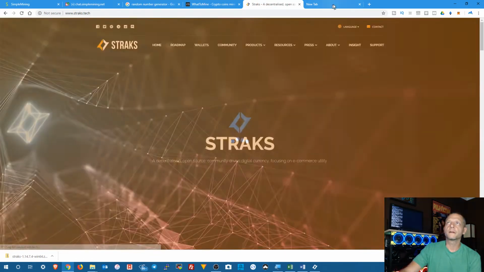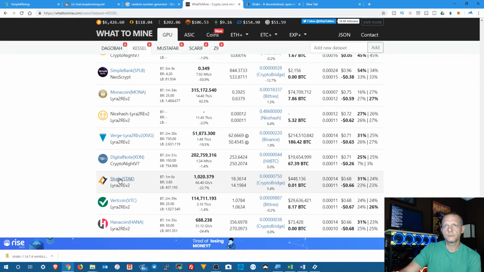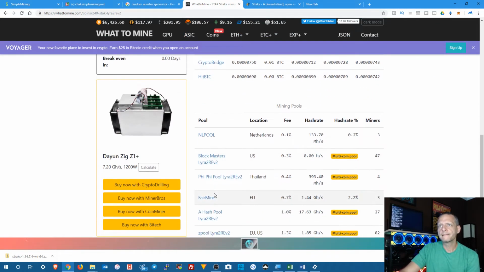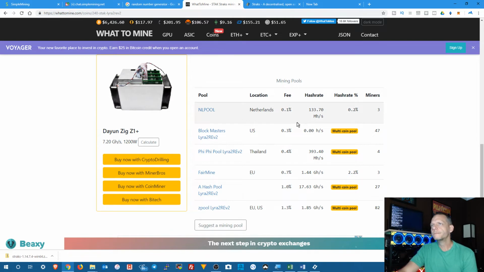I don't see anything in there. But what we can do is go to here, I think, if they have pools on here. Yeah. And typically, whenever you're looking for a pool,